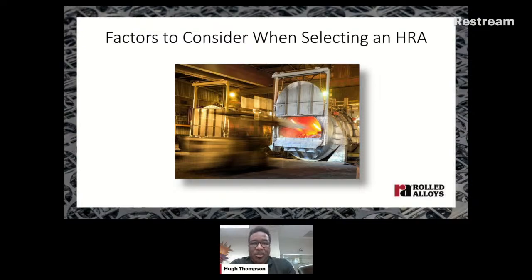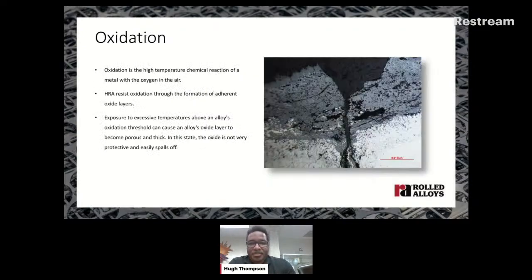So some factors to consider when selecting heat-resistant alloys. I know many of you are familiar with this one, and this is a subject that's been covered quite often, but oxidation. Oxidation is the high-temperature chemical reaction of a metal with the oxygen in the atmosphere. Heat-resistant alloys with at least that minimum of 12% chromium are able to form an adherent oxide layer to protect it from high-temperature applications. Exposure in excess of these temperatures beyond the oxidation threshold can cause these alloys to become